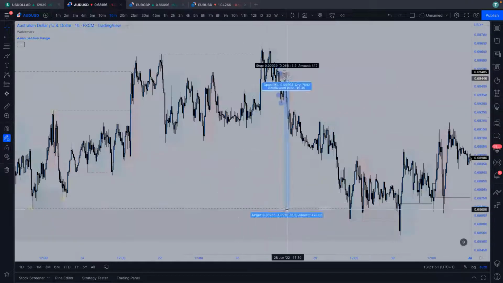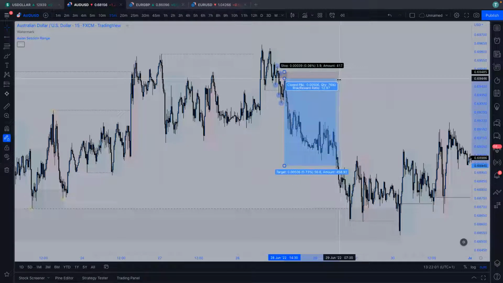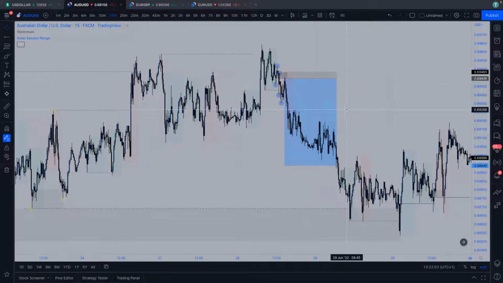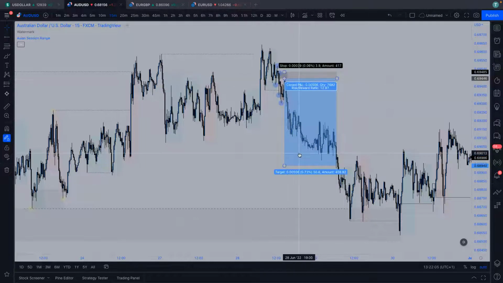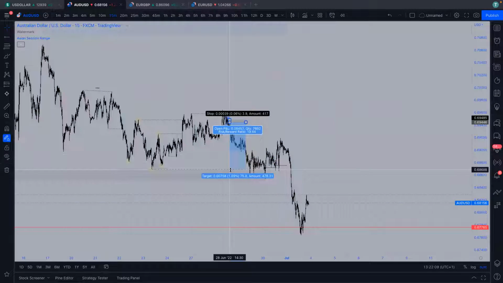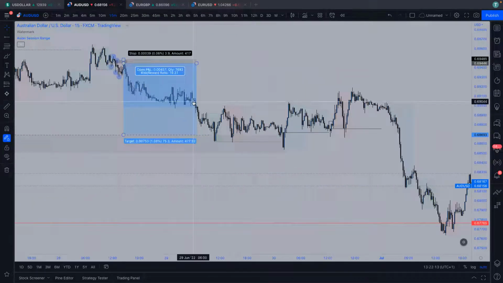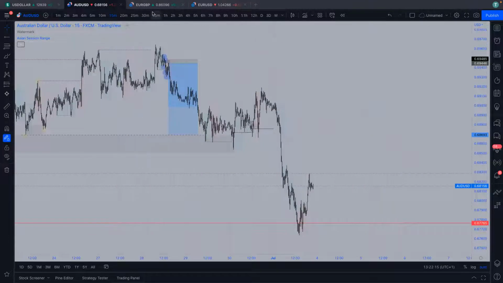I never actually took that out here. I did only have mine to this imbalance here, because you can see this is where we manipulated and then we ran. So there was a nice 50 pip move, about just under 1 to 13 on this, so about a 4 pip stop loss and then a 50 pip target. So that was really nice, but my overall target was here. I didn't hold it to that. So yeah, this was actually really, really nice to see.